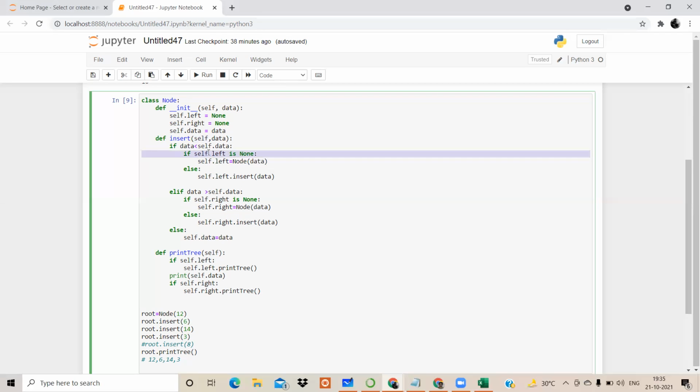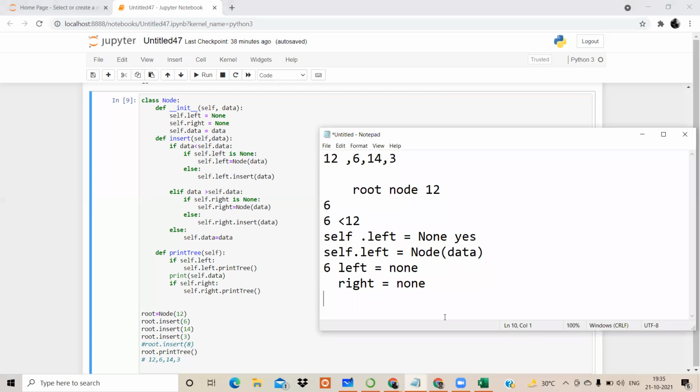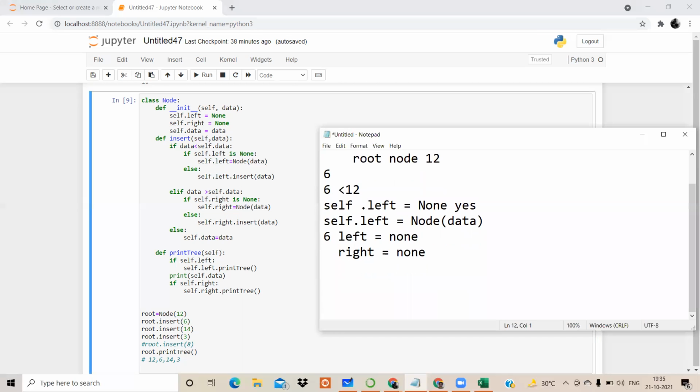And it will check कि left में, I mean 12 के left में, is the left none or not. So this time obviously it is not none because 6 is already present over here, and that's why it will add the new element towards the left of your 6 part. So 6 ही था ना हमारा, नहीं 3 था. I think I have made some mistake. Just a second. I'll write it properly. Next element after 6 we took as 14. I'll write for 14.